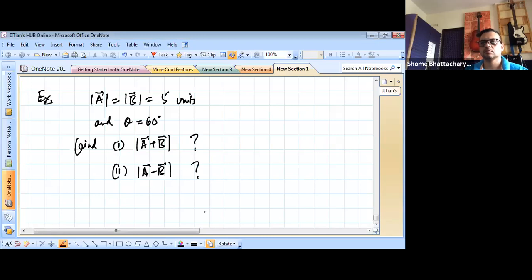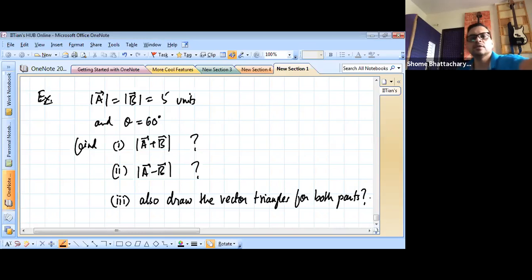Just try this out. When you find out by the formula, when you finish that part, also do this, that find out both by,